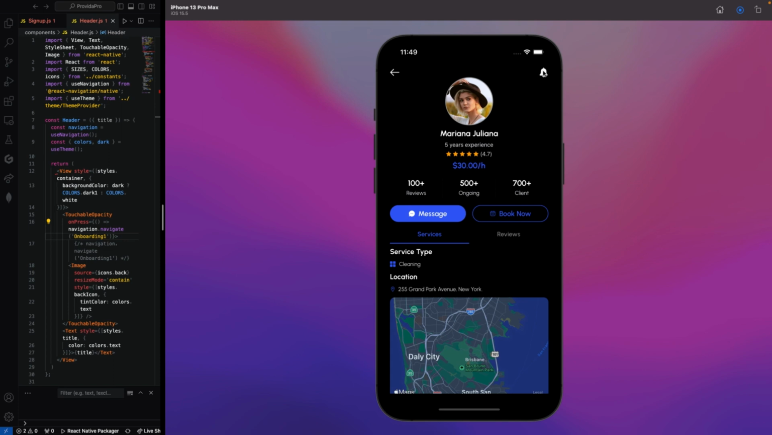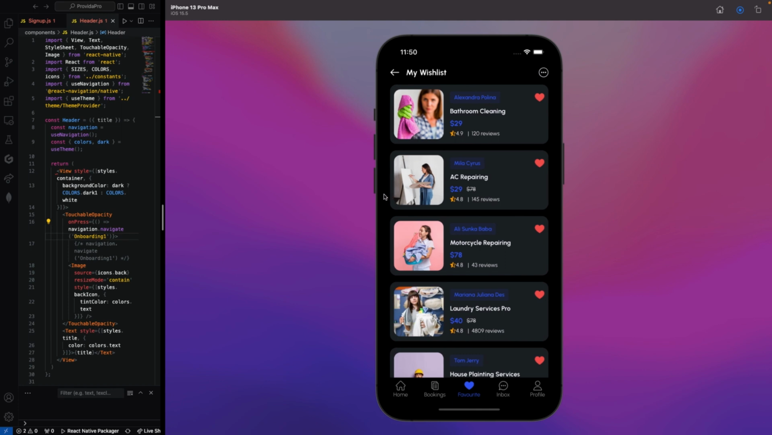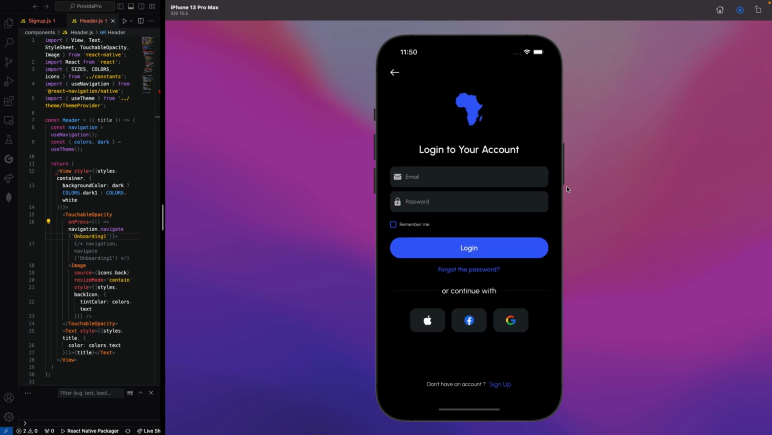So these are what users can do on this mobile app. And don't forget, you can also check your notification, if you have any notification,